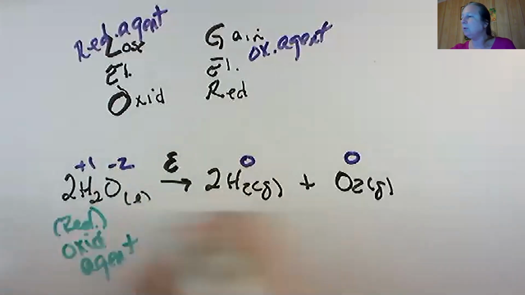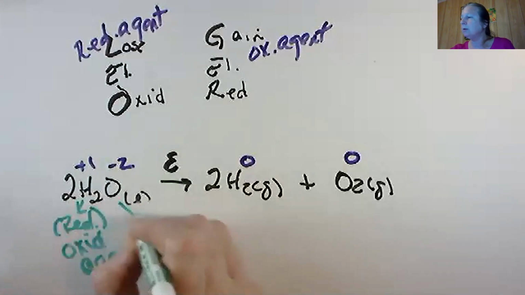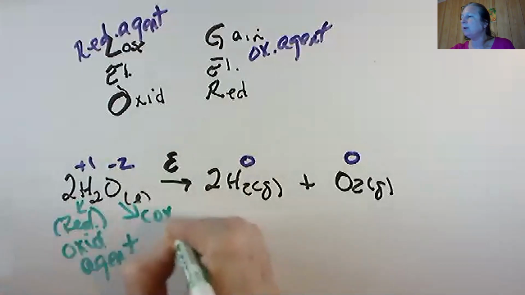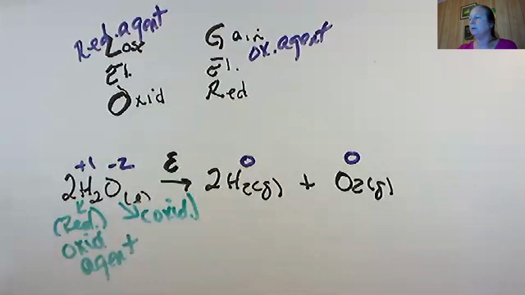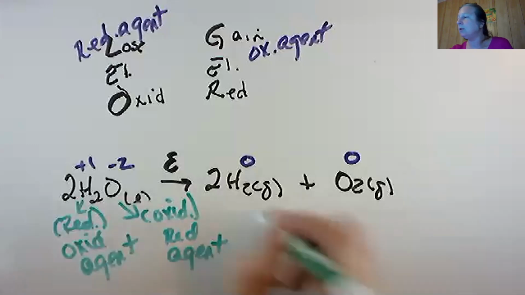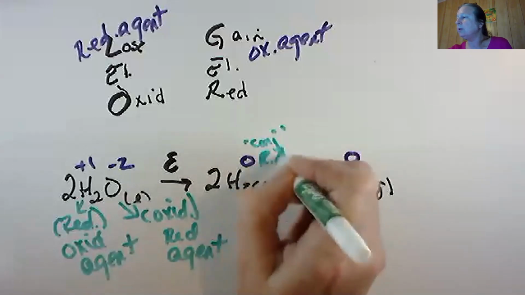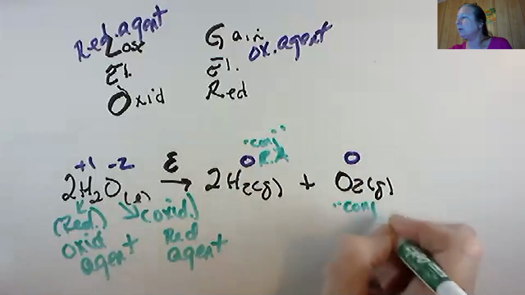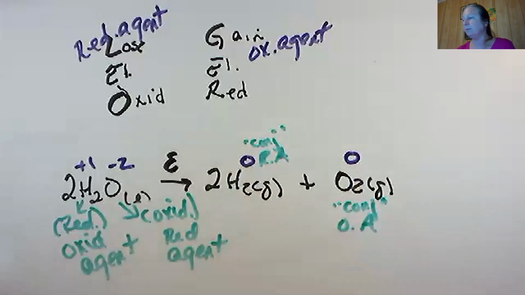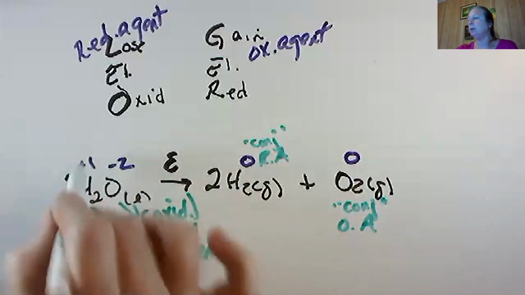If that's being reduced, that was my hydrogen. My oxygen, therefore, is being oxidized, and it is the reducing agent. And then if hydrogen is my oxidizing agent, this is the conjugate reducing agent, and this is my conjugate oxidizing agent. Okay? So even though your hydrogen and your oxygen are in one molecule, you will separate out and